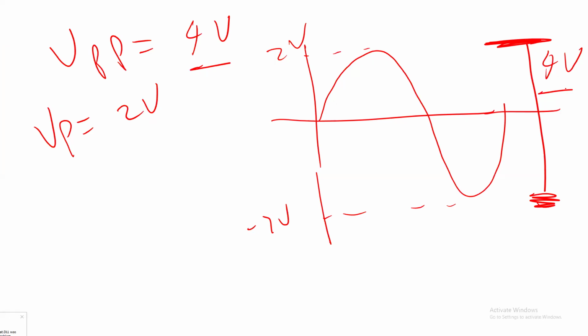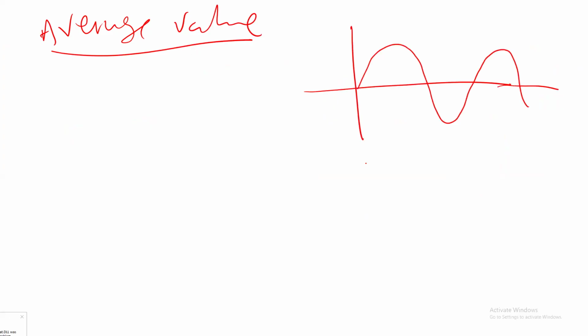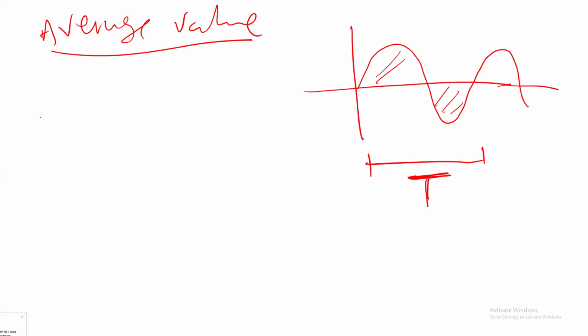The other parameter you also need to know is the average value. To calculate the average value, for example, if you have a signal like this one here, something like that, and this is the time t, we need to use integration. So here the average value should equal to